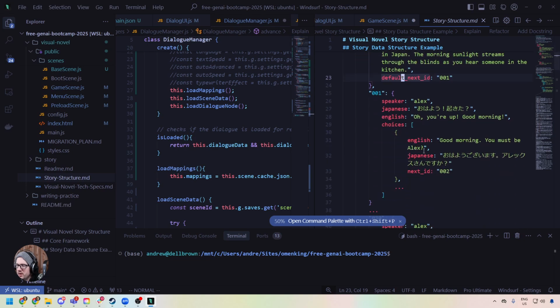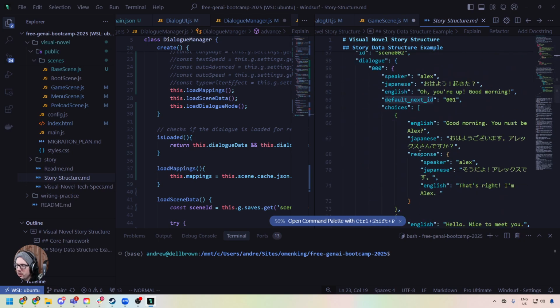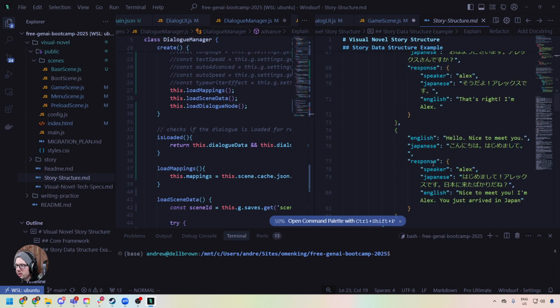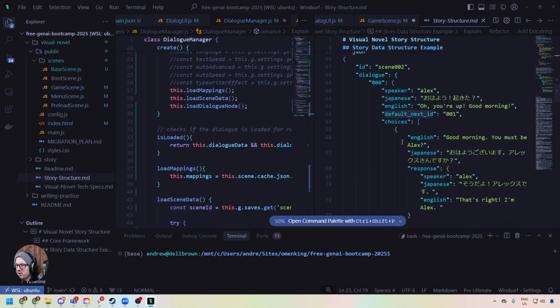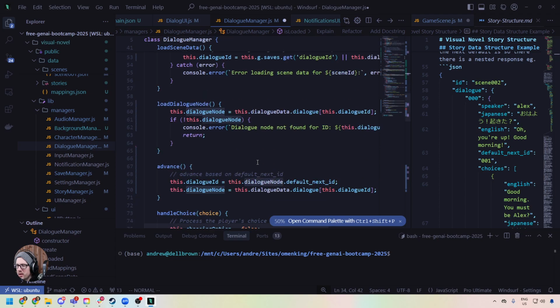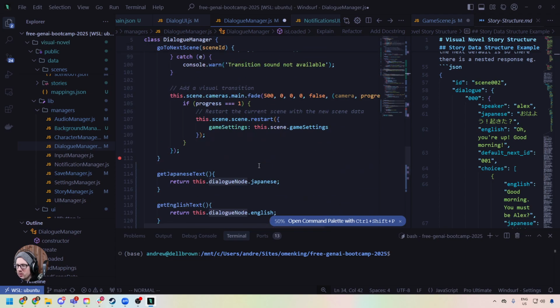So yeah, we have default next ID and then we have choices there. I thought I had another one. Here we have default next ID, choices, English, Japanese, response, right? And here, it would just go to the next one. So I think the logic here is, go back over to our dialog manager. The way we want it to actually work for advancing,